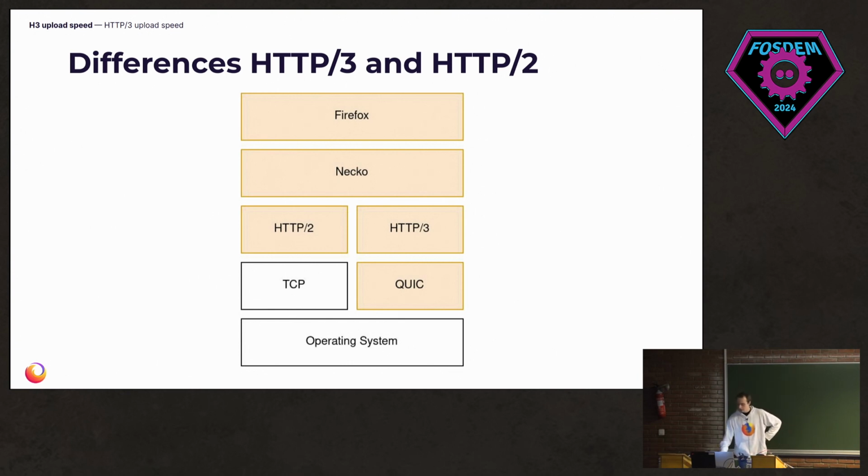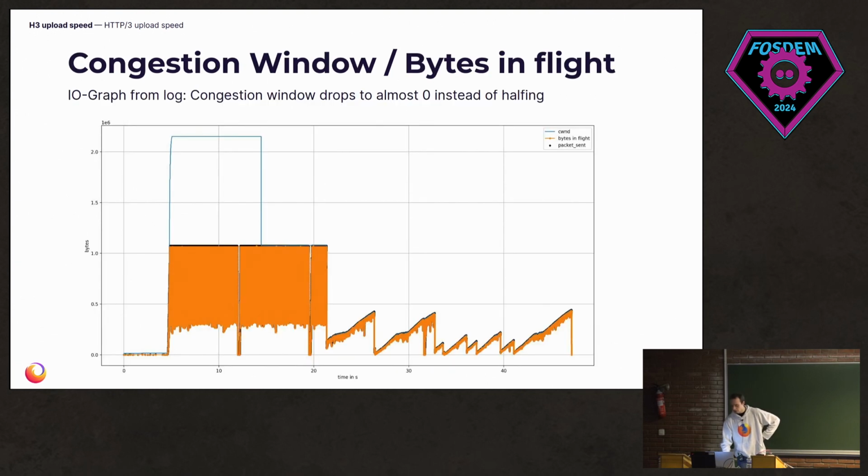The congestion window that we have is the estimate of how fast we can upload right now. And this changes over time. With every packet that we receive, we think we can upload more. So we have a graph like here where we steadily increase the congestion window over time with all the packets that we receive. And when we detect that packets got lost, we are assuming that the network is overloaded, and we reduce the